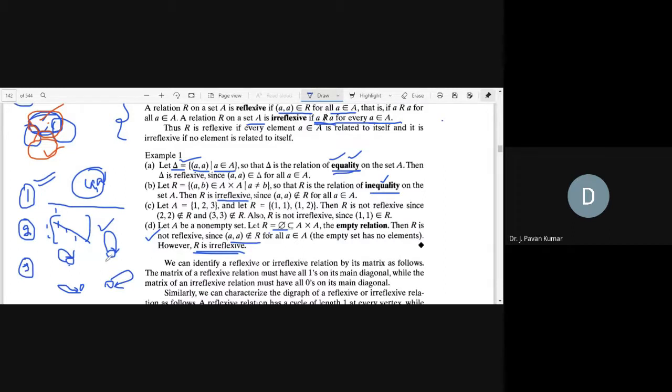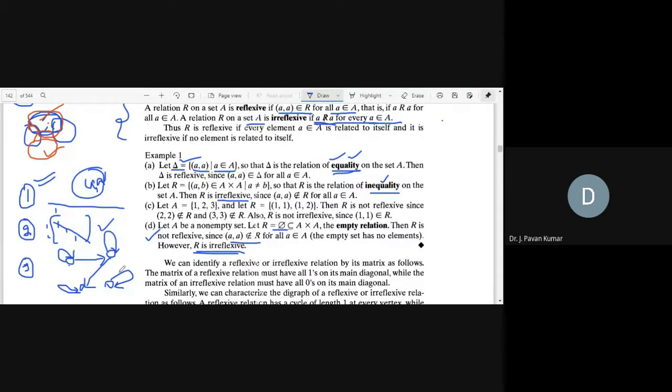Suppose A comma B belongs to R, then we will be having a directed edge from A to B. If we have a directed edge from B to C, then B comma C belongs to R. Similarly, A comma A belongs to R, in the sense we will be having a self loop. Yes or no? Yes, sir. Now, in order to identify whether the relation is reflexive or not by using the digraph representation, what